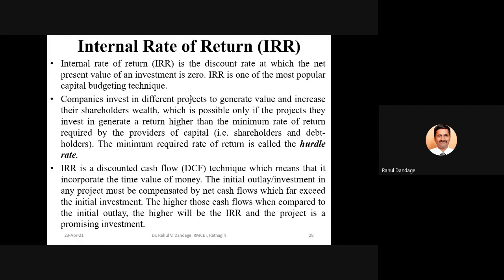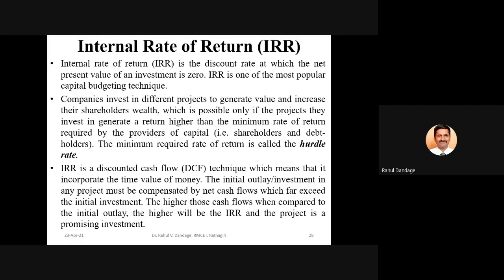So the internal rate of return we obtain through the cash flows, by equating the net present value to 0, will be compared with the hurdle rate, and if the internal rate of return we obtain is greater than the hurdle rate, then only we say the project is considerable and may be accepted.